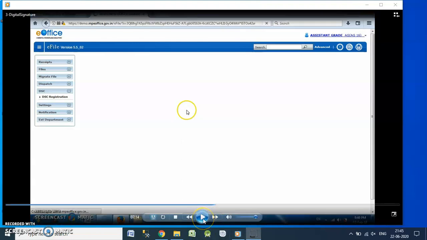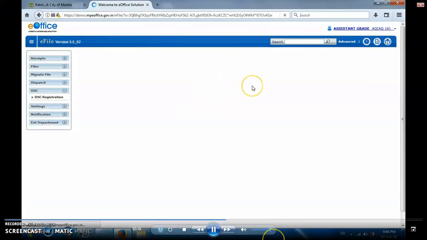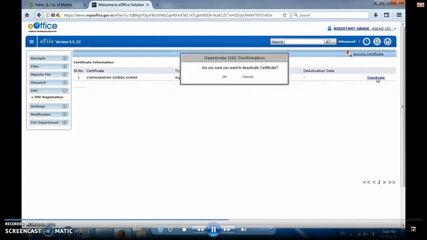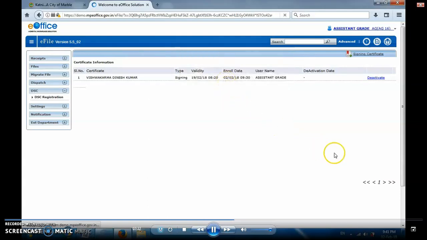So when we click on the save button, the message 'preferences saved' will come here. As it is a demo software, I will deactivate the digital signature we have just registered in our video. Okay, click on this deactivate link. In future, you can deactivate it anytime when you get transferred, retired, or due to any reason you want the mapping removed. Click on OK button, and in future we can activate it again. This option is also at the same place. I have deactivated, so if anyone now logs in with the ID AG16, they will not face any issue.